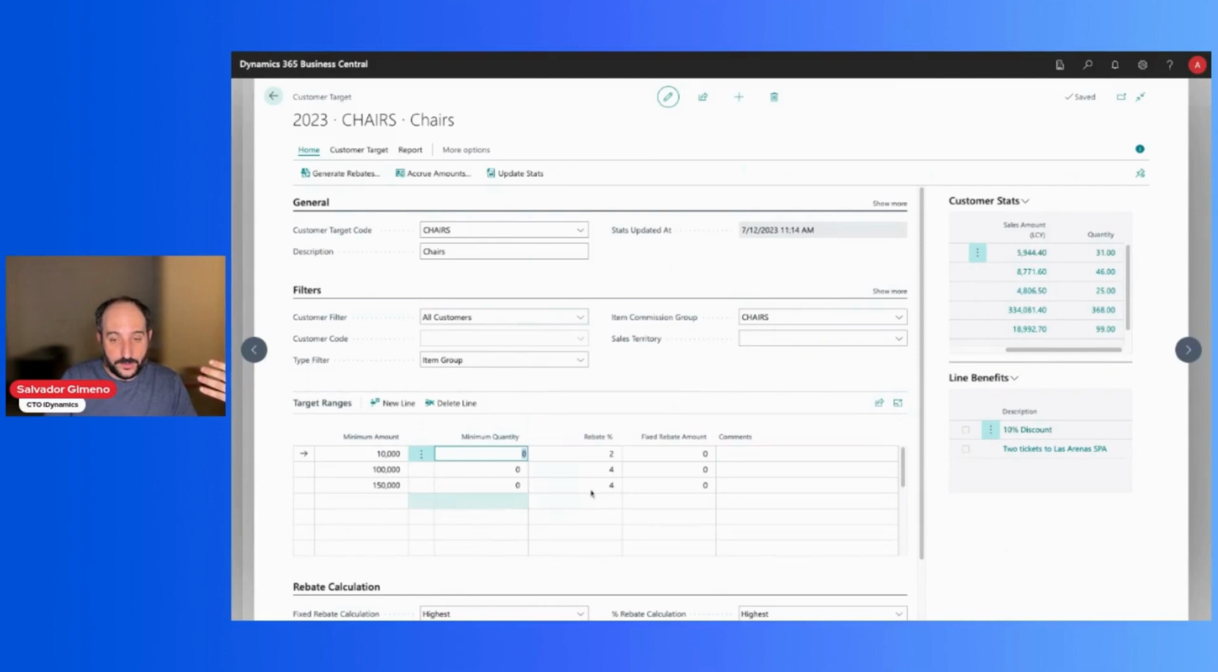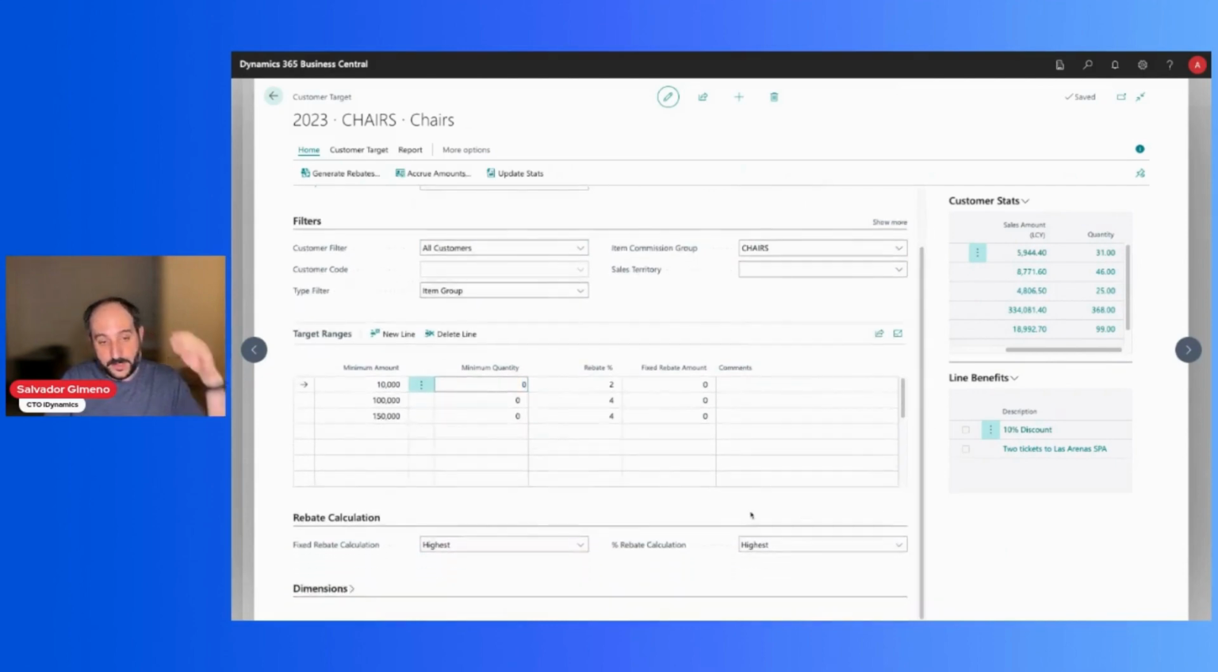And also, not just that, but here you can define how these percentages or these fixed amounts are going to work, so that you can have the highest rebate that you have defined here, or have a tiered percentage, so that from one amount to another they get a percentage, then they get another, and so on. And for the fixed rebate amount, you can set just the highest amount, so that you can